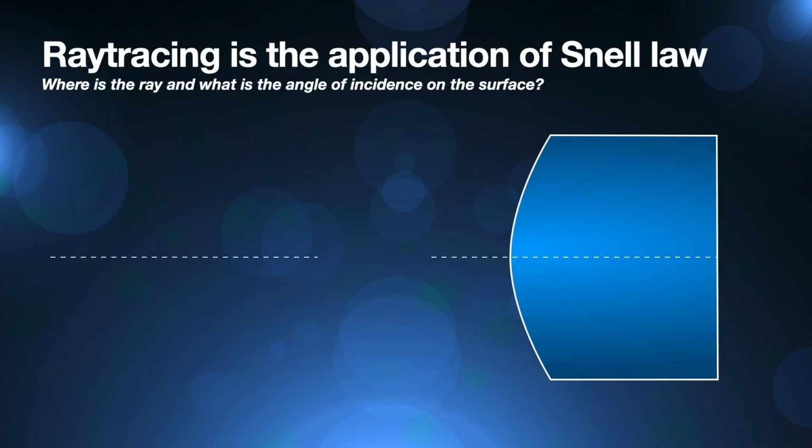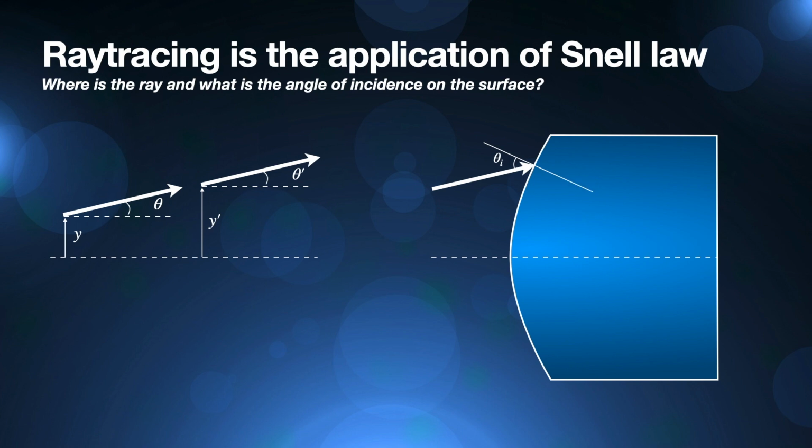When we say we're doing ray tracing, we're actually applying Snell's law, or the law of refraction, at every point in space. So if a ray propagates in a homogeneous space or free space, it will keep propagating in the same direction. On the other hand, if a ray is incident on an arbitrary surface, Snell's law of refraction will dictate the angle of refraction, which we can calculate with Snell's law, that is Ni sine theta I is equal to Nr sine theta R.